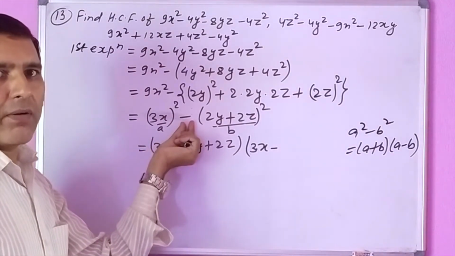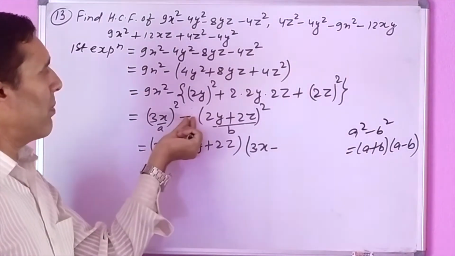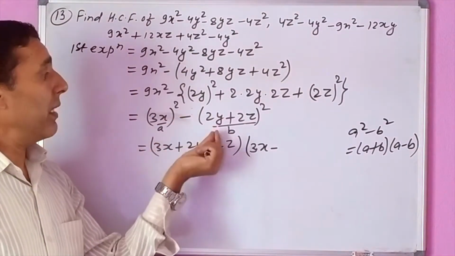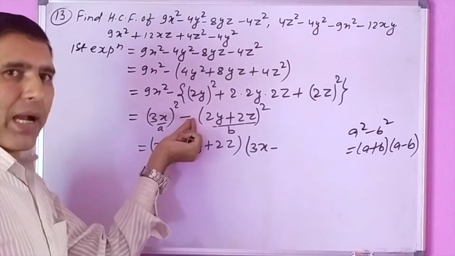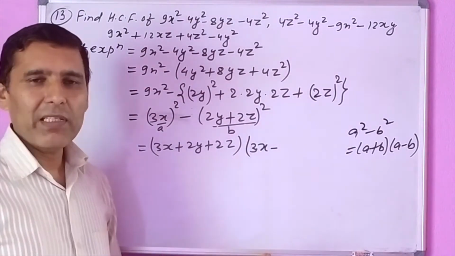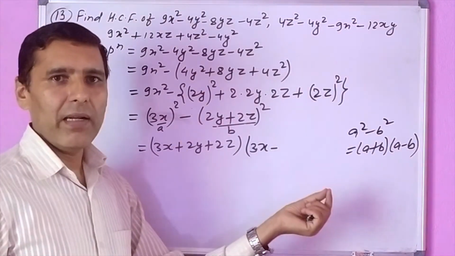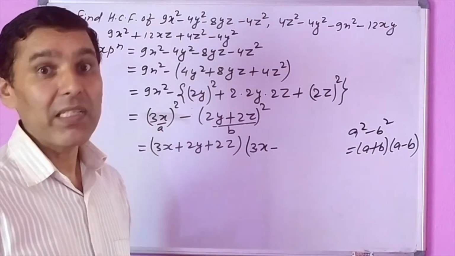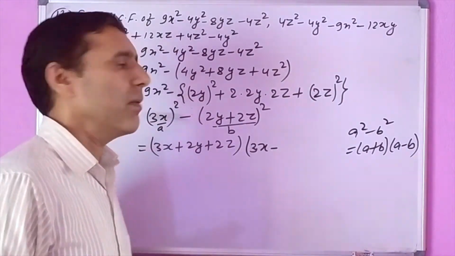So please don't forget, I am repeating it again. While writing a plus b, we suppose this sign is plus and open the bracket. While writing a minus b, we suppose this sign is minus and open the bracket. When the bracket is opened by plus sign, there is no change in sign. When the bracket is opened with minus sign, the sign of each term changes. Plus sign becomes minus, minus sign becomes plus.